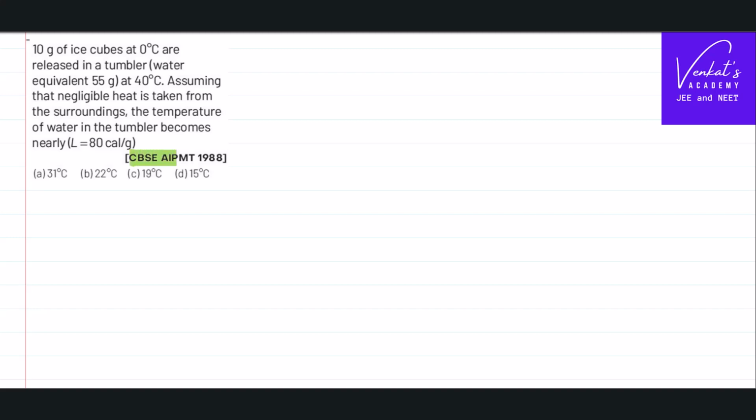This is an AIPMT question in thermal properties of solids, particularly in calorimetry. The problem is like this. 10 grams of ice cubes at 0 degrees centigrade are released into a tumbler. So what he is saying is, there is ice whose mass is 10 grams. They are all released into a tumbler